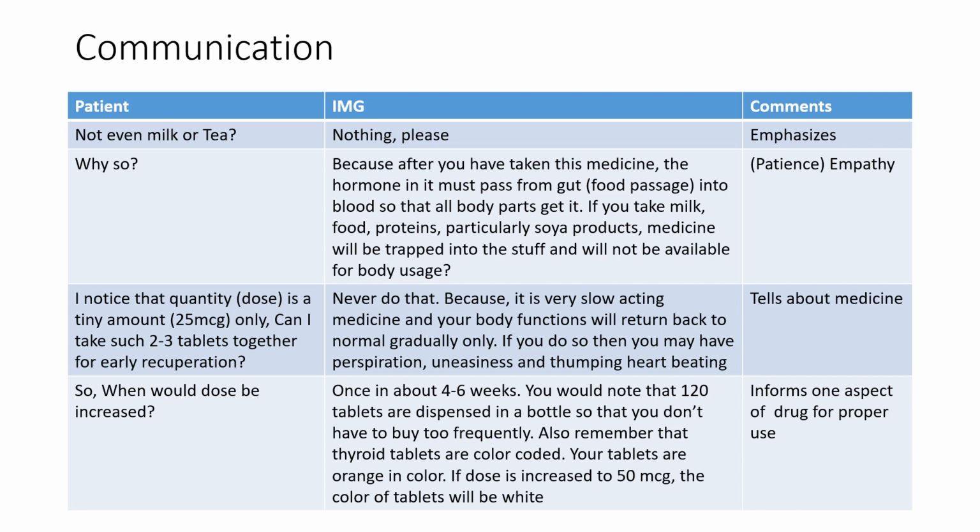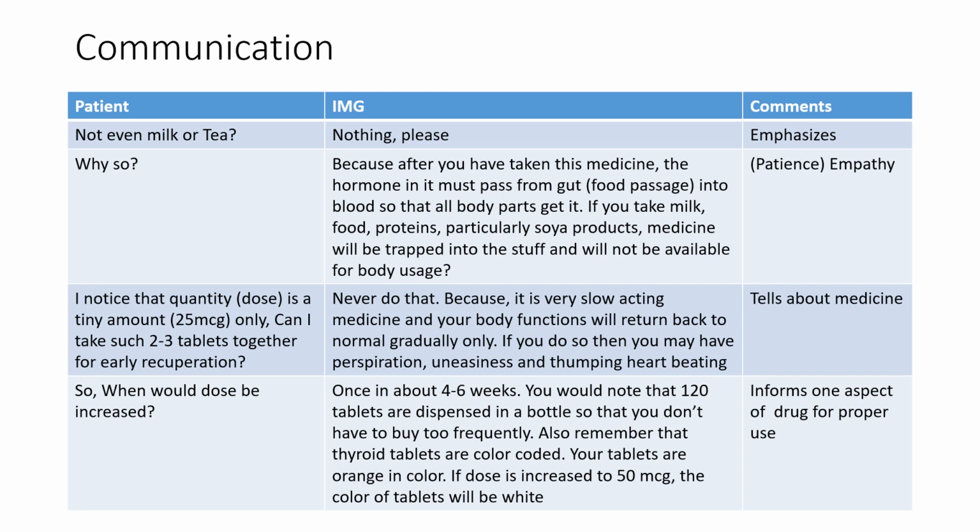I notice that the quantity of the medicine in the tablet is very small. Can I take 2-3 tablets altogether for early recuperation? Never do that, because it is a very slow acting medicine and your body functions will return to normal gradually. If you do so, then you may have perspiration, uneasiness and thumping heartbeat. So it tells about the medicine in detail for proper use. So when would the dose be increased? Perhaps once in 4 to 6